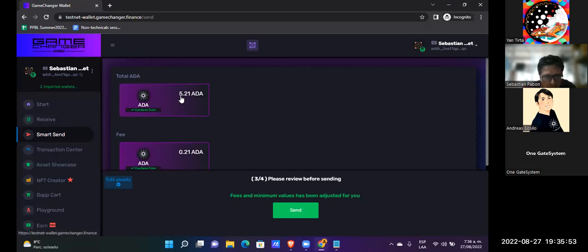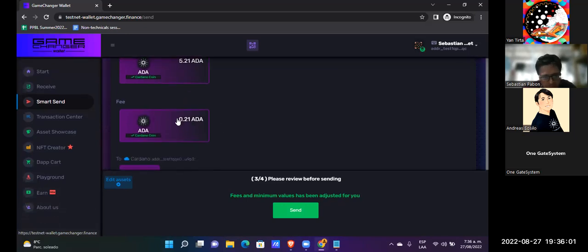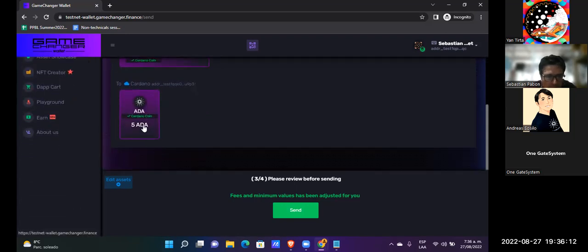Total ADAs, I'm going to send 5 ADAs, 5.21 ADAs. The fee, in test ADAs, not in real ADAs, is 0.21, and the 5 ADAs that I want to send to Jan.